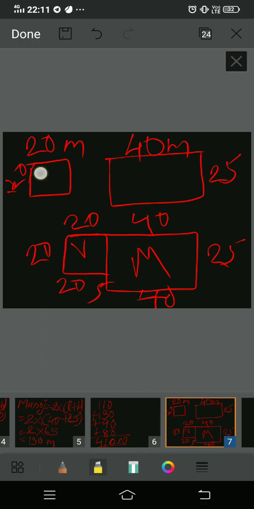This is Veena's plot and this is Manoj's plot. Our workbook has it the same way. Veena's plot is 20 by 20 meters, and Manoj's plot is 40 meters in length and 25 meters in width. What they are saying is, if we merge it together, see, this is the new merging. After merging, the distance in the middle will be gone. This part will be gone and they are merged together. Now they have stuck together.